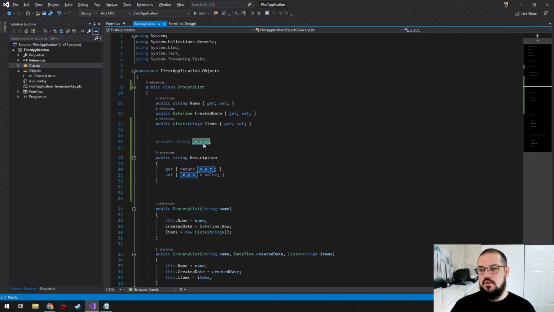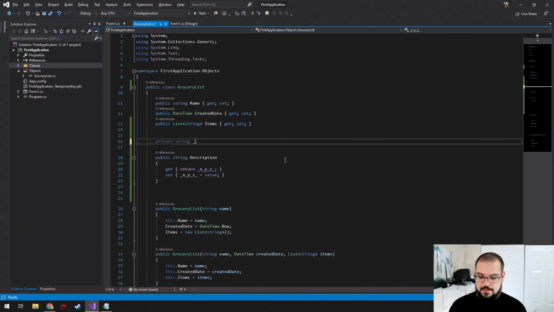So this XYZ with underscores scattered throughout it is harder to decompile and understand what it does because you can't read a variable name out of it. It's secure because it is obscure. Nobody would be able to think, oh, XYZ is going to be the description of a field or a property or an object within the application. That being said,